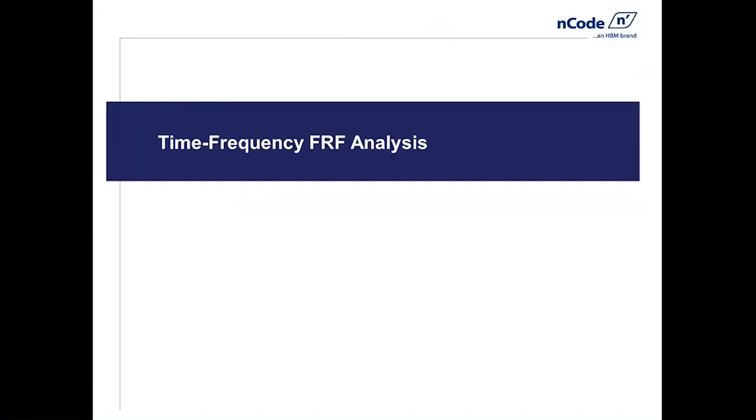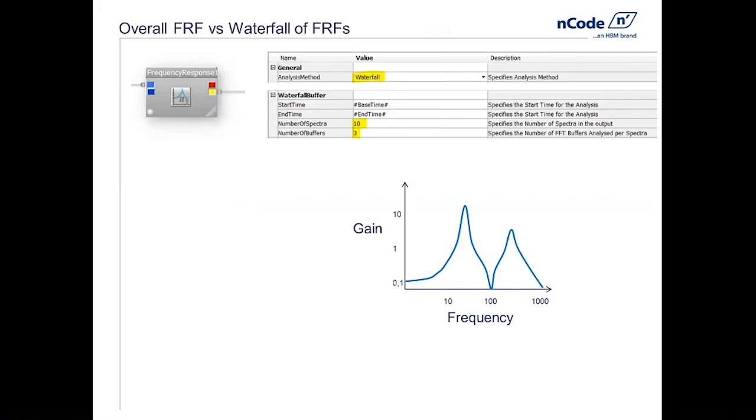Now another interesting time frequency analysis that we have in version 10 is the FRF based time frequency analysis. So what does it mean? Let's look at what it means. This glyph, frequency response analysis glyph, performs FRF analysis. So typically it would output the gain, phase, and coherence. Now in version 10 we've got a new analysis method option in there, which can be turned to waterfall instead of overall. Waterfall means that it's going to calculate spectra